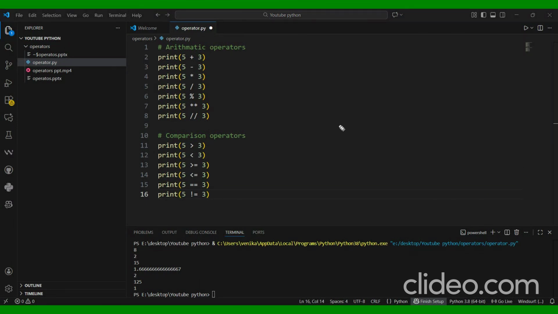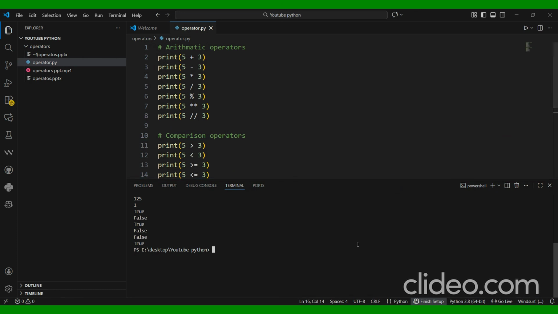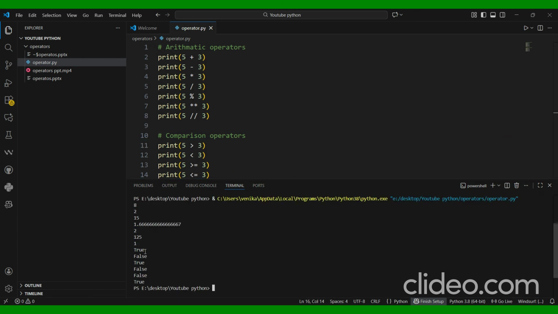So 5 greater than 3, yes, it is true, so it will give you true. 5 less than 3 is not, it is false. The same way all the others will happen. Let's see. You can see it is giving you true, false, true, false, false, true.